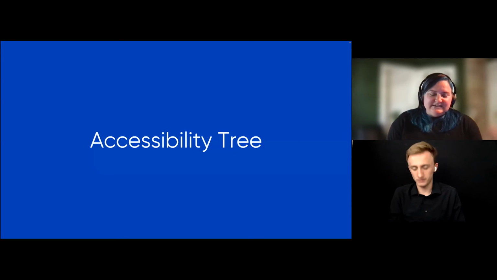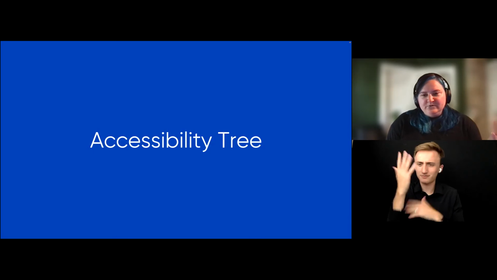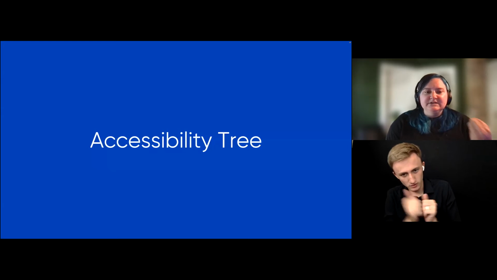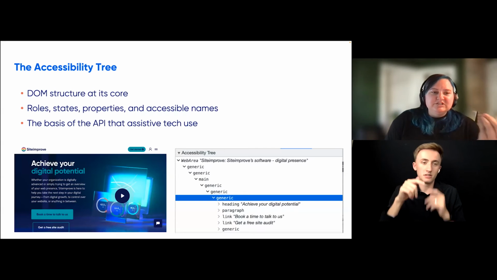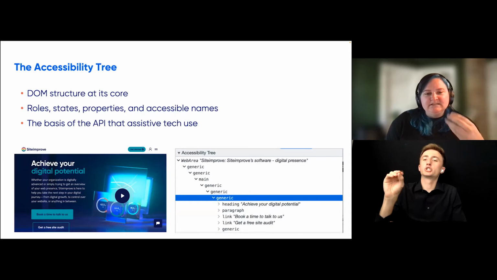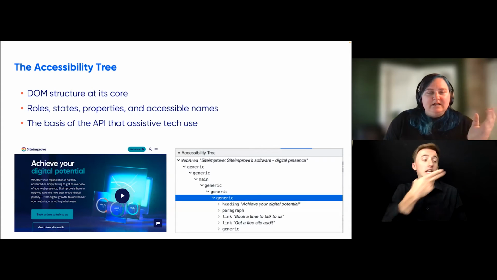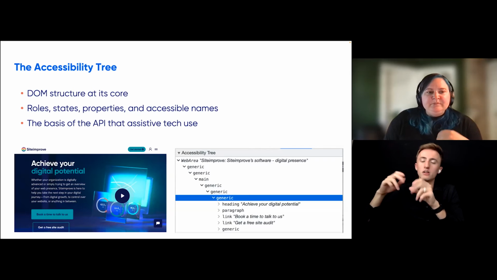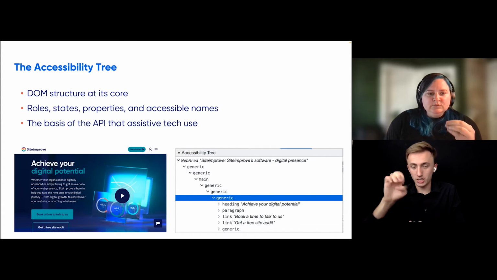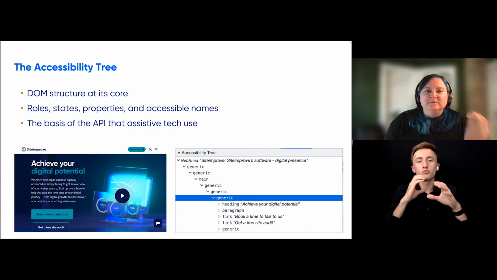And what is this? For those of you who aren't familiar with this, the accessibility tree is essentially just the DOM structure at its core. It's the HTML and all the parent-child relationships that happen down that HTML page. And it communicates roles, states, properties, and accessible names.